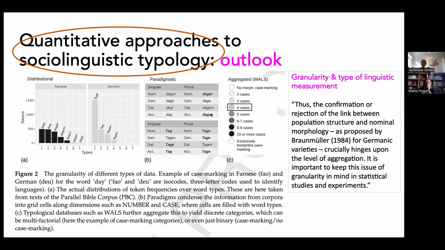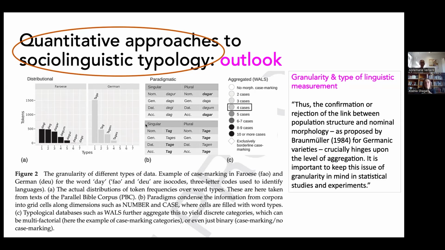Whereas in Varus, the paradigmatic perspective is still very varied, right? We have lots of different forms. We only have one that occurs in 2 slots. But then if we look at it from the perspective of walls, where we aggregate data, both of these languages have 4 cases, right? So in some ways, you can easily say that not even the paradigm does justice to the distributional measure, and definitely the aggregated measure does not do justice to either of them, right?